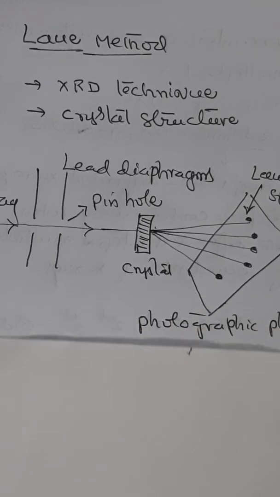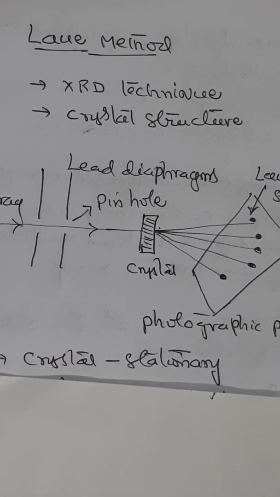Now in this session we shall try to understand each one of the methods in detail, and discuss the merits and demerits of it. In that, one such method is Laue method. As told, this is one of the X-ray diffraction techniques for crystal structure studies. Now if you see the experimental arrangement of this,